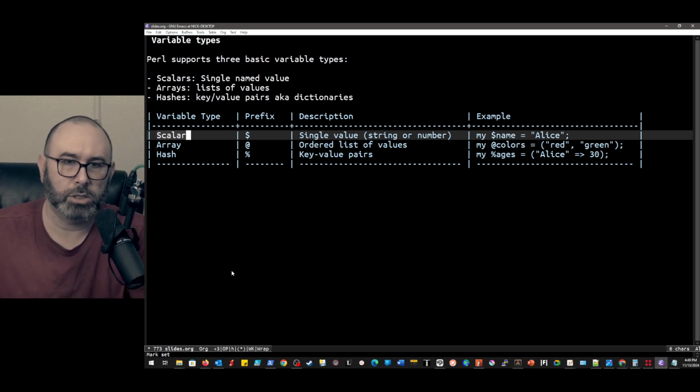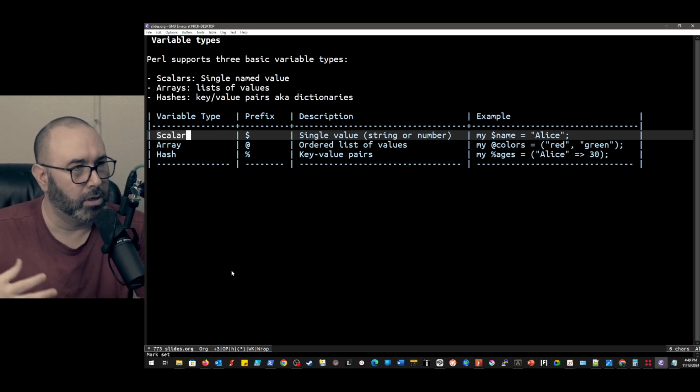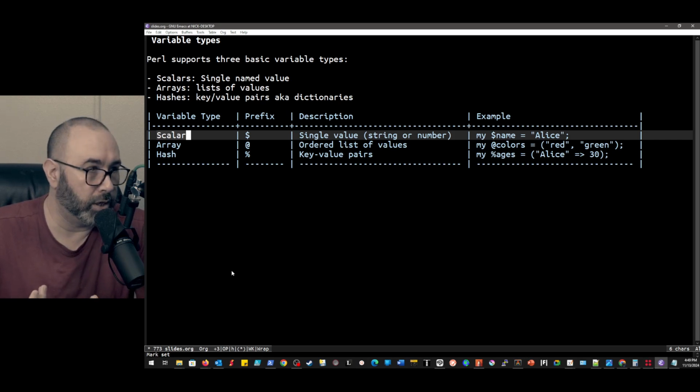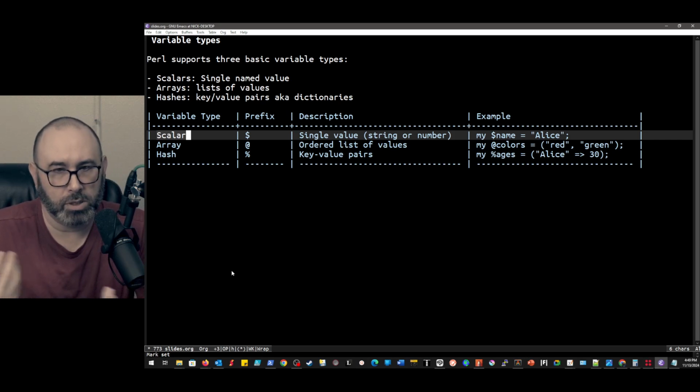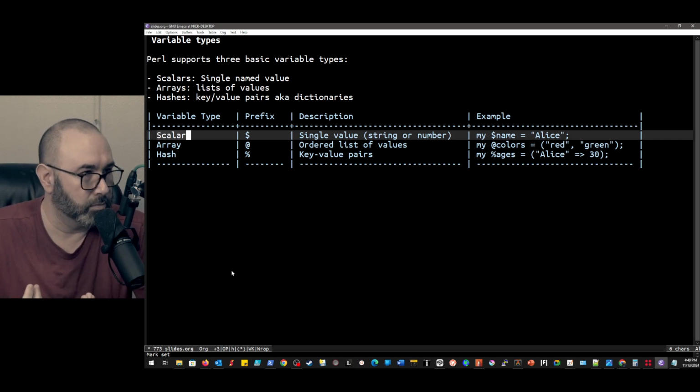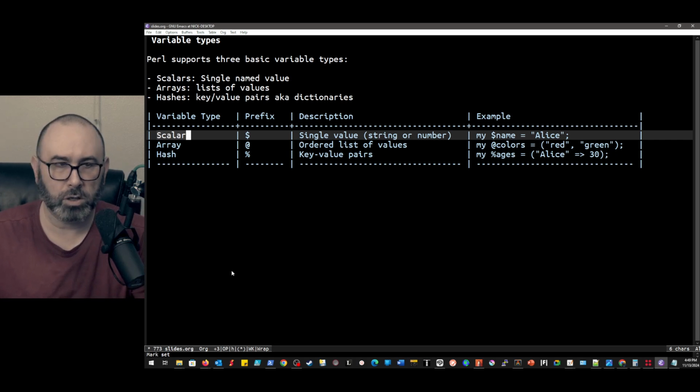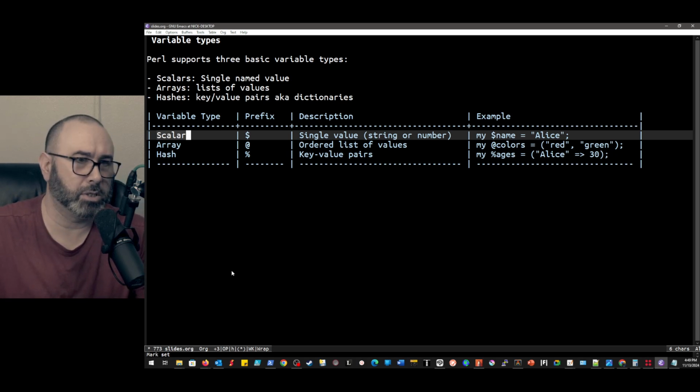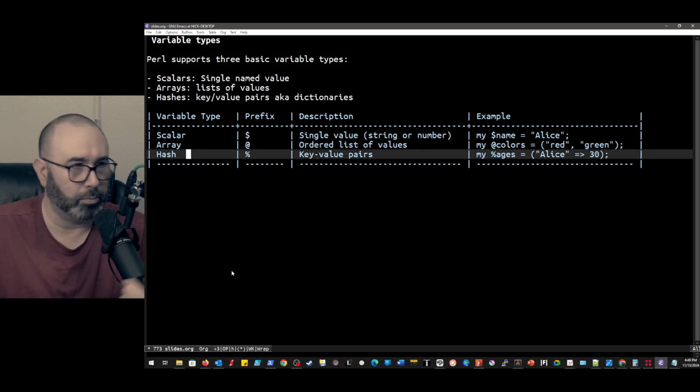And then a hash is going to be a hash map, basically a dictionary, right? So this is going to be key value pairs, right? So terminologies are going to be a little bit different than other languages. Say, for example, if you're coming from Python, right, we would refer to this as a dictionary instead of a hash, for example, but you get the basic idea.